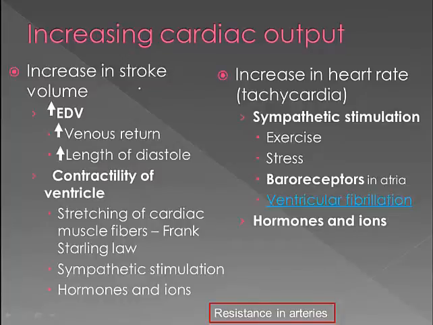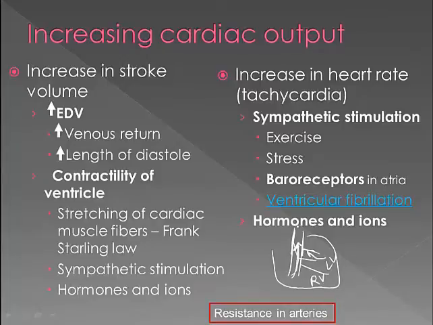Another factor which helps in stroke volume is the resistance in the arteries. So again, if we look at the heart like this, here's the pulmonary artery coming out from here and the aorta coming off from the left ventricle. So this is left ventricle, this is right ventricle. The resistance in the arteries, in other words, the arteries should not offer too much resistance. Blood should be able to flow easily from the ventricles into the arteries. If that condition is normal, then the stroke volume automatically will be adequate, and you can increase your stroke volume